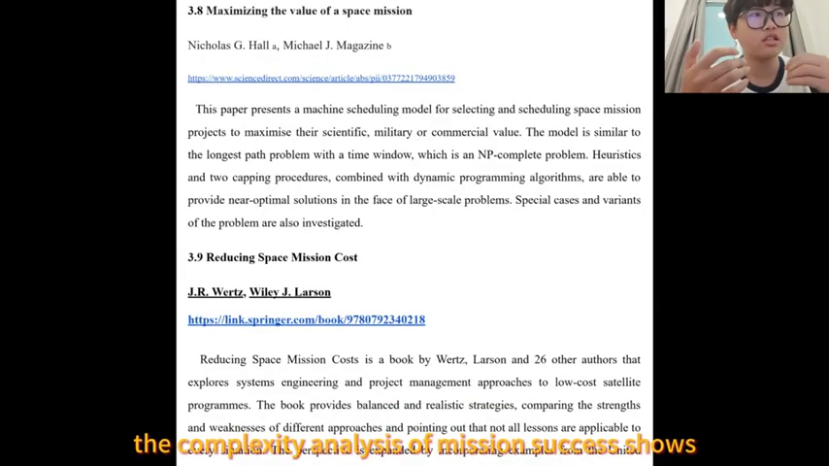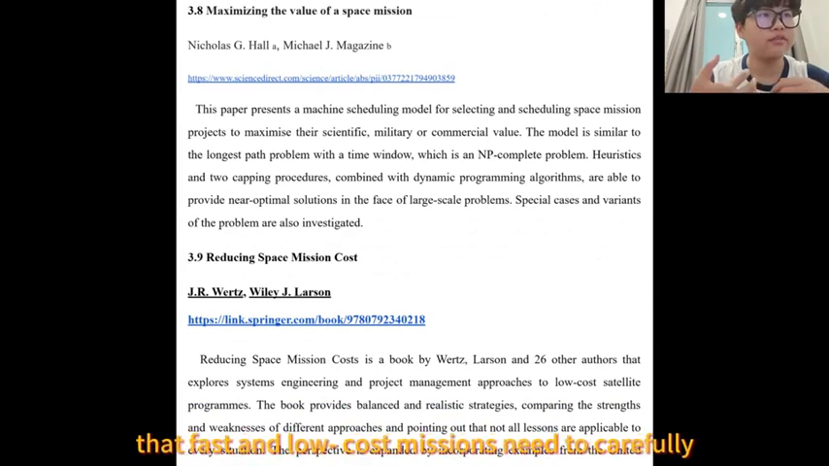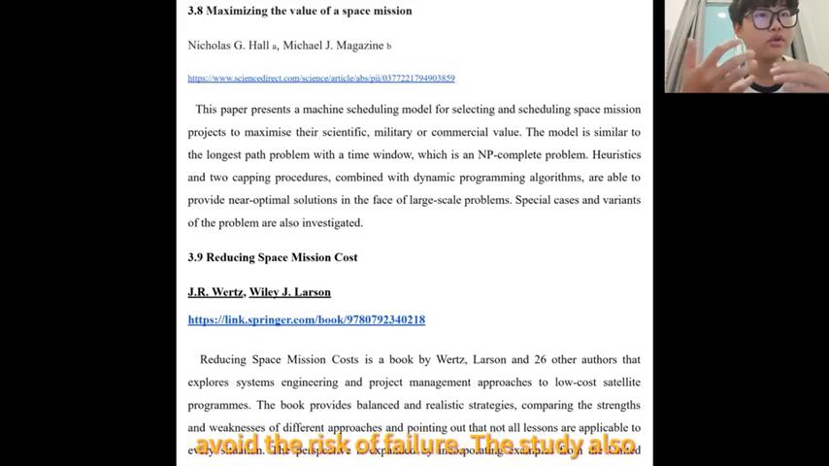The complexity analysis of the mission access shows that fast and low-cost missions need to carefully balance performance and results to avoid the risk of failure. The study also